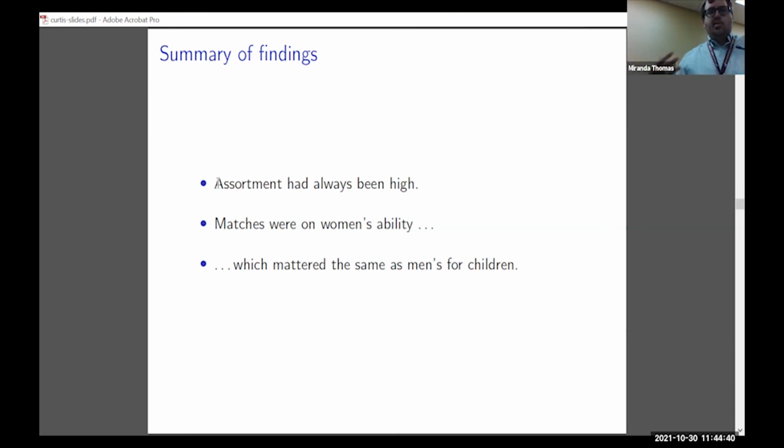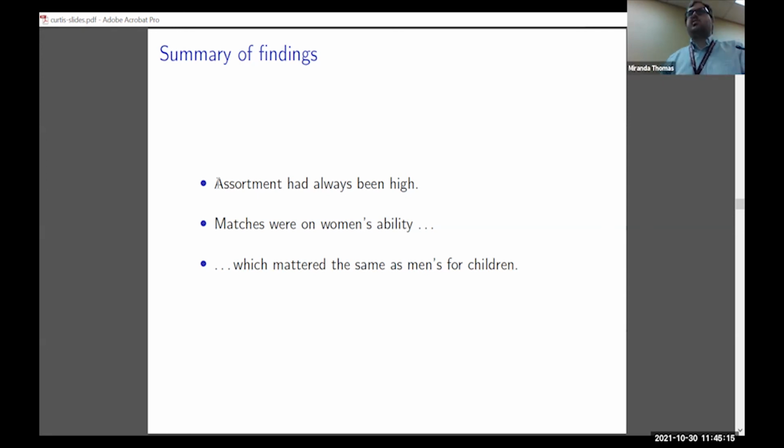And finally, it does have a consequence for inequality, not necessarily in terms of household income, but in the intergenerational channel. The human capital of your mother matters as much as the human capital of your father for outcomes during this period. And I think that really also explains why we see high assortment, even though women aren't earning an income in the formal employment after they get married. It really does matter who you marry because it matters for your children.